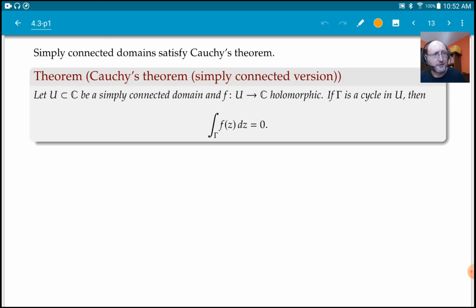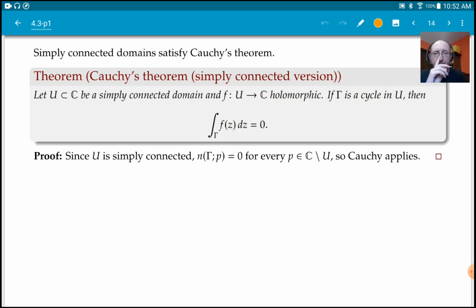If you have a simply connected domain U and a holomorphic function on U, and gamma is any cycle in U, then the integral of f around gamma is 0, right? And well, it's sort of obvious, right? If U is simply connected, then